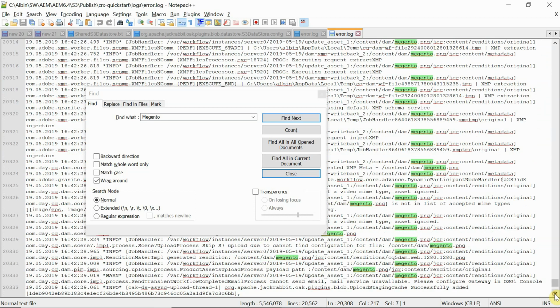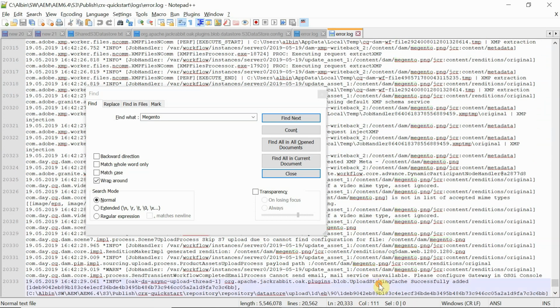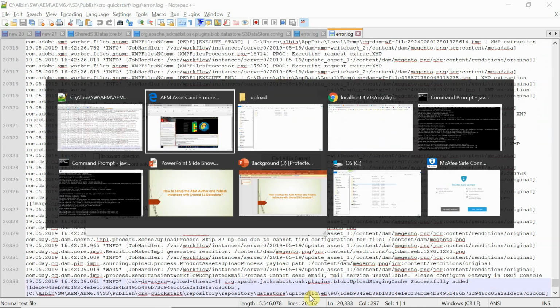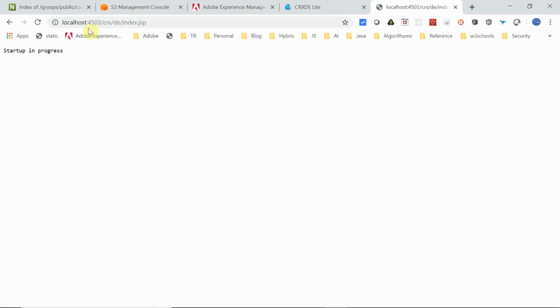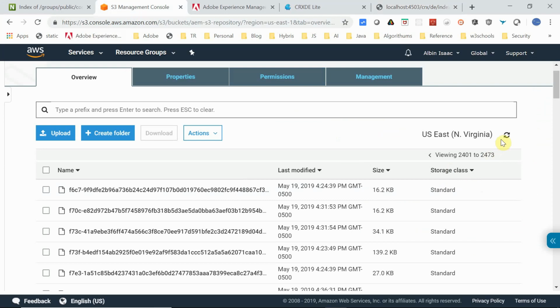Yeah, successfully added. So this image is getting successfully added to that particular blob store, meaning it is getting uploaded here. In most cases the count would have changed, but sometimes it may take some time. Yeah, see here now 2474. It means it's synced to the S3 bucket.